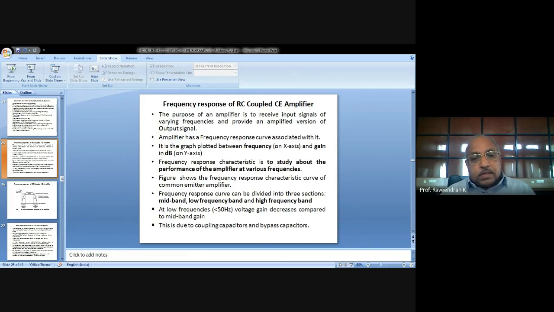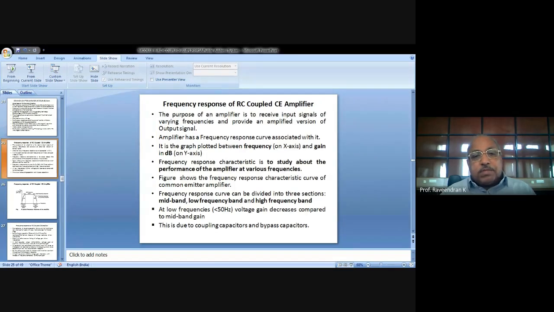Follow my point. For every amplifier there will be a frequency response characteristic, and in that characteristic there will be three important regions. What are those regions? One is the low frequency region. The other one is